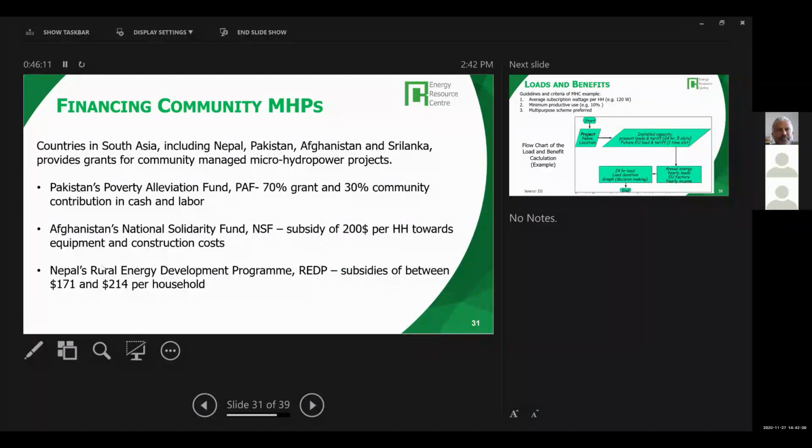Similarly, examples from other countries: in Pakistan, they give up to 70% grant and 30% community contribution in cash and labor. You know that in Afghanistan, the National Solidarity Fund gives $200 per household for equipment and construction. This is the grant they give. And Nepal had a rural energy development program. They also give subsidies of $170 to $200 per household to finance these community micro hydro projects. So this has been quite successful. Okay, so this is the community